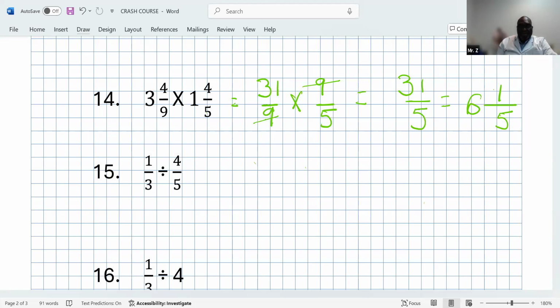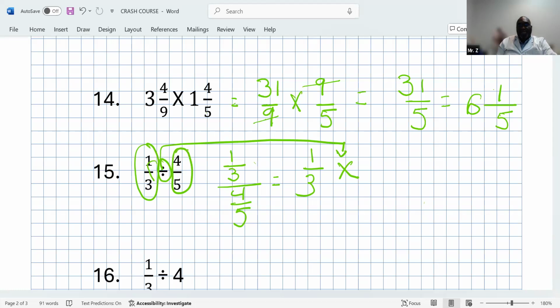In number 15, you have a case of a division, a fraction divided by another fraction. So how do you solve this? Anytime you have a fraction divided by another fraction, the first fraction, which is 1/3, you're going to keep it the same. You will change this division right there to a multiplication. Now you will flip the second fraction completely. So once you flip that, it's going to become 5